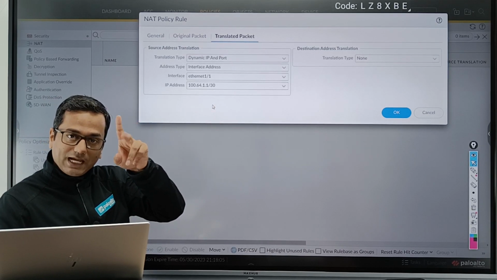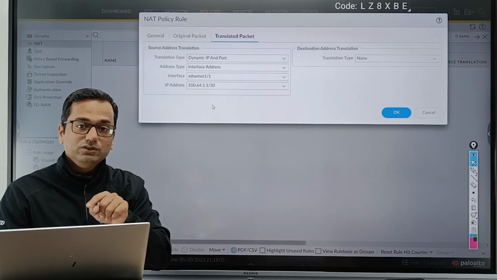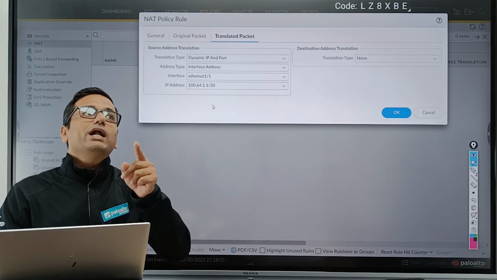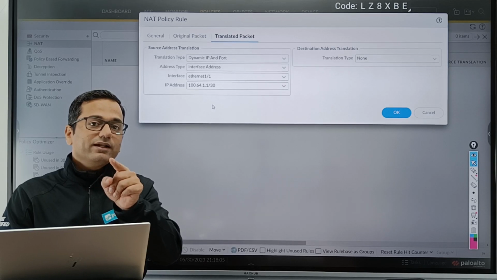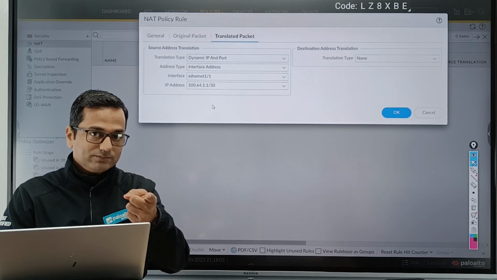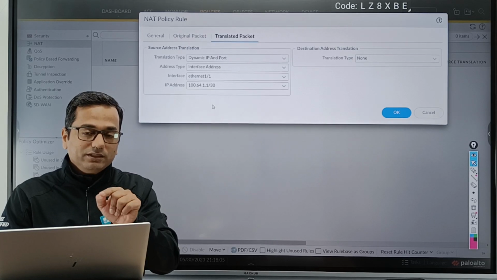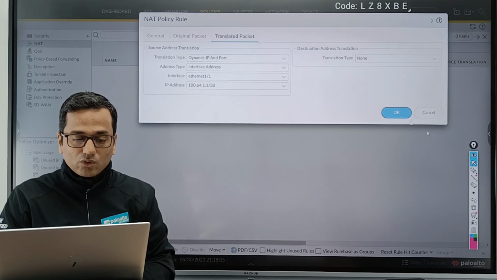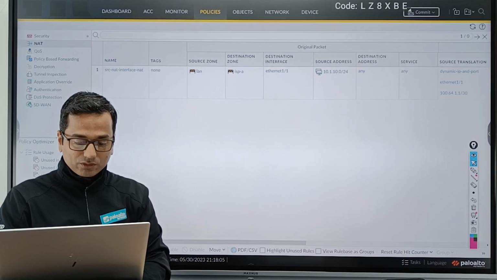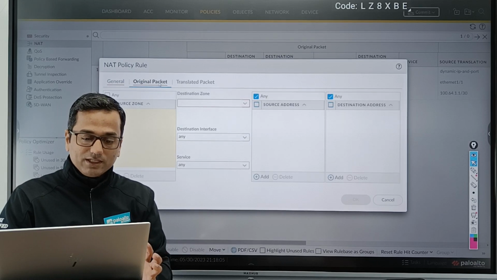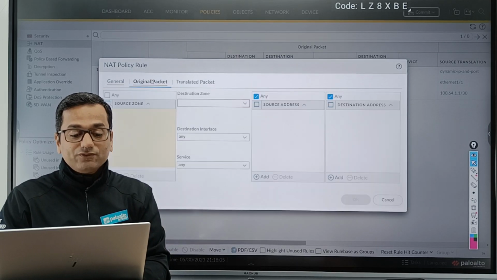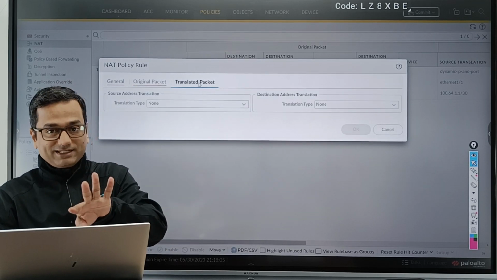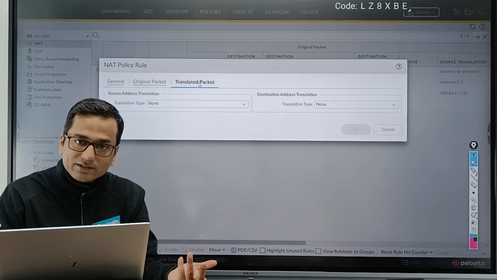If you have multiple IP addresses on your interface, then you have to choose the IP address. Look at my lab 2 and lab 3, where I showed the secondary IP address scenario. Now on this interface we have only one IP address, so we choose this one and just click on the OK. Clear? Okay, so first you have to define the original packet and then you have to translate the packet. If the traffic matches the original packet, then only Palo Alto will translate the packet. If it is not, then no NAT, but obvious.